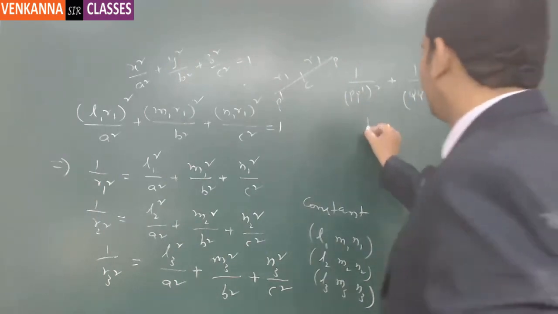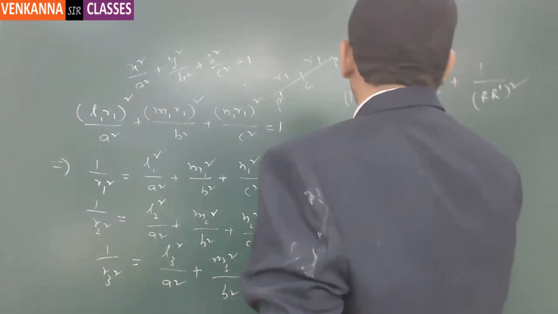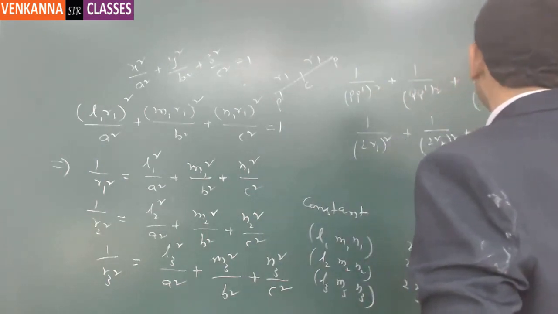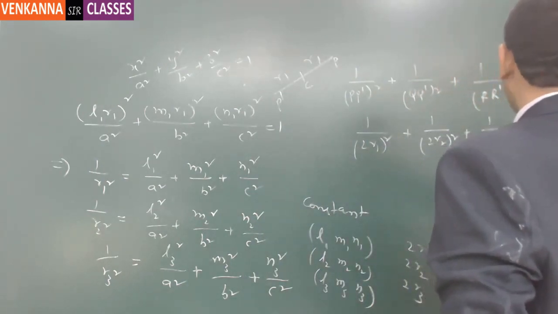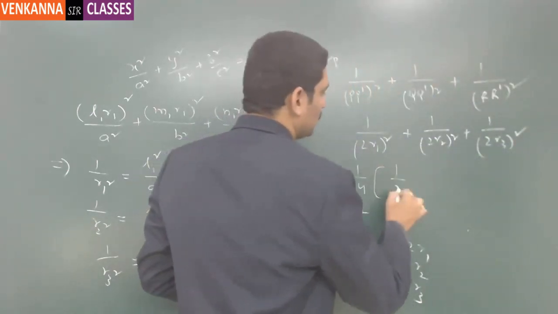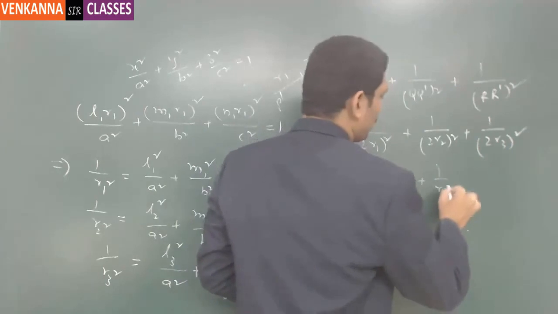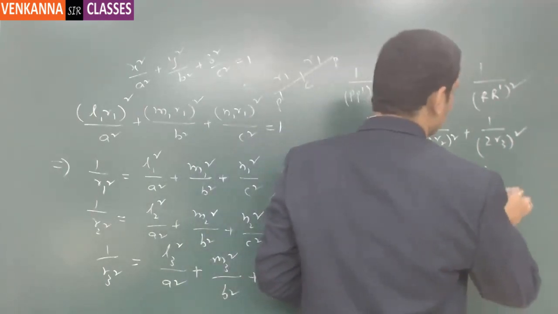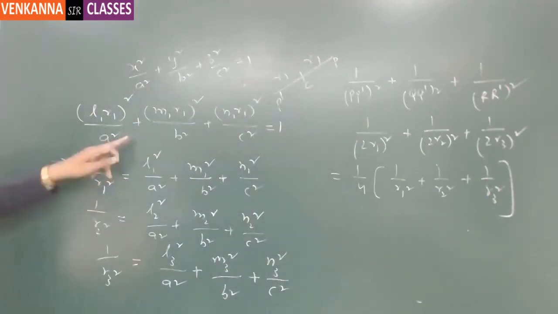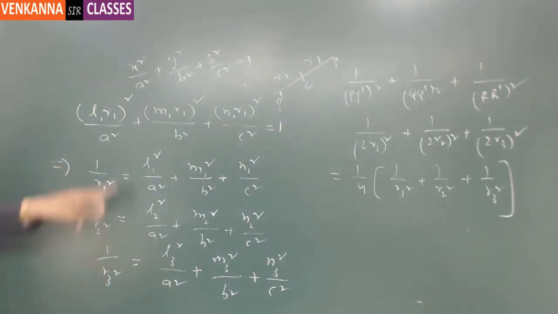So, 1 by P dash is nothing but 2R1 whole square. So, 2R2 whole square, 1 by 2R3 whole square. So, nothing but 1 by 4 into 1 by R1 square plus 1 by R2 square plus 1 by R3 square. As you have known these values, you are going to substitute them. If you substitute the 1 by R1 square, 1 by R2 square, 1 by R3 square values, you will get it as